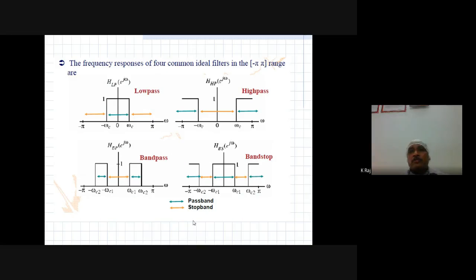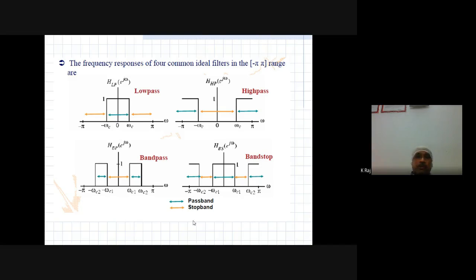The frequency response of 4 common ideal filters in the minus pi to pi range. We consider here the total range from minus pi to pi, because if we consider the infinite frequency, then that infinite frequency will be represented by a unit circle, and the unit circle considers the total range of 2 pi, 0 to 2 pi, 360 degrees, and the total range will be considered as minus